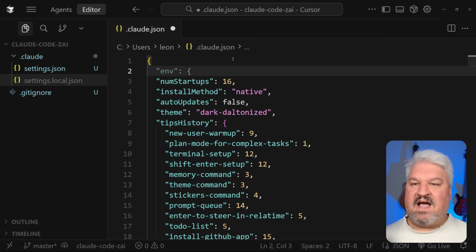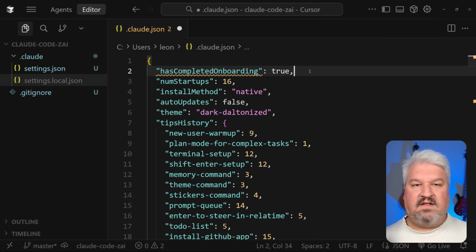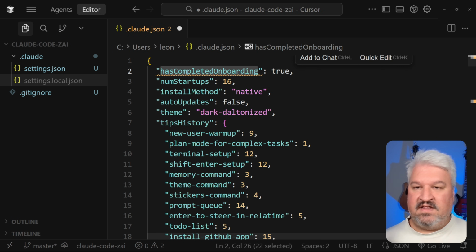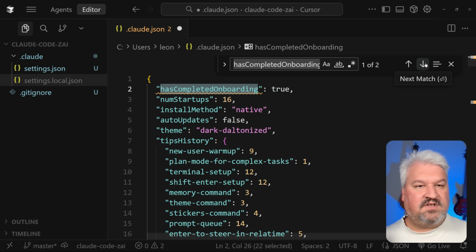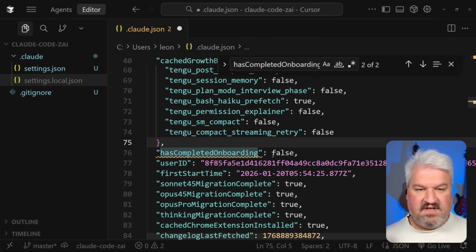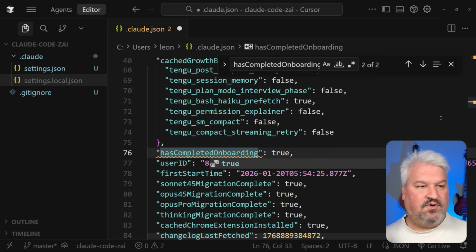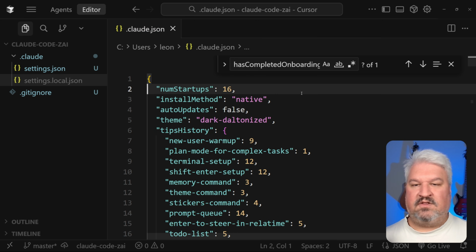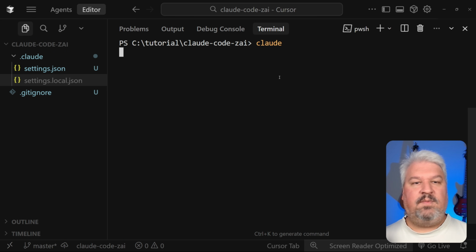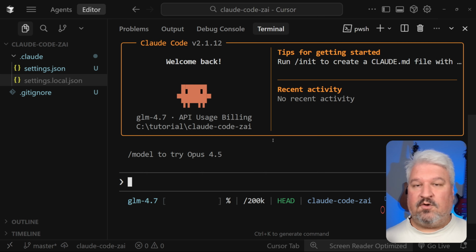Now, what we can do is add one property just below this opening curly brace. And what we'll do is set a value called hasCompletedOnboarding. These squiggly lines mean that this value already exists in this file. So I'm actually just going to search for it, and I can see it here with the value of false. I'm just going to change this to true and then delete the one at the top. Cool. So now when we open Claude, we will skip that onboarding process,